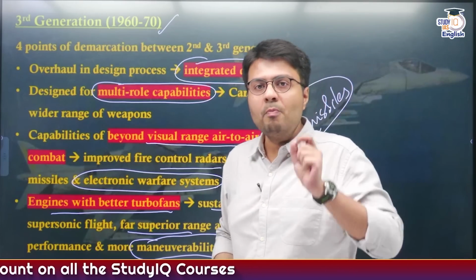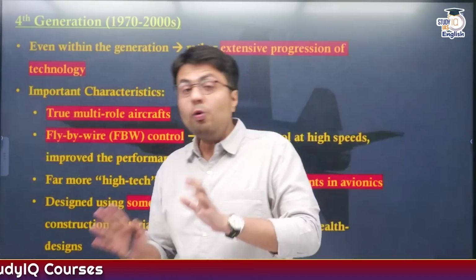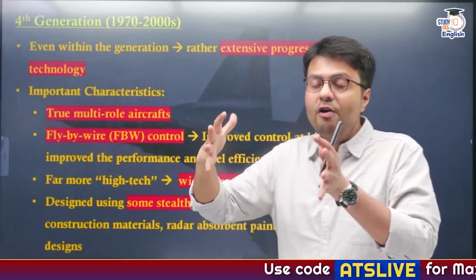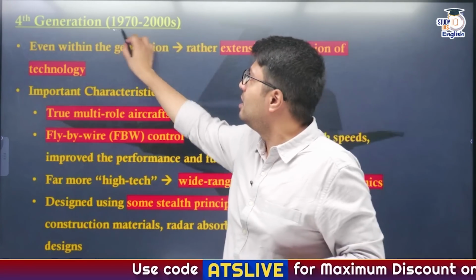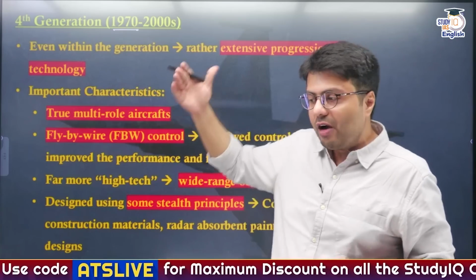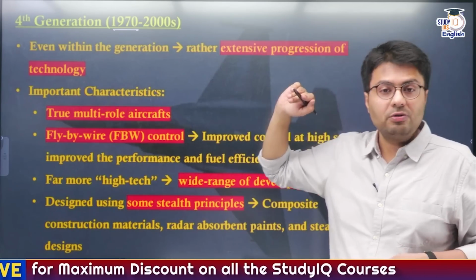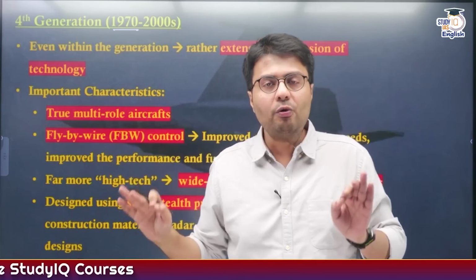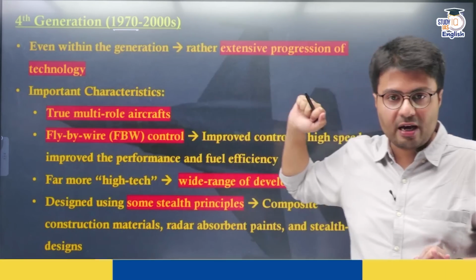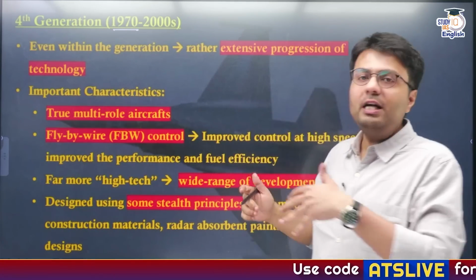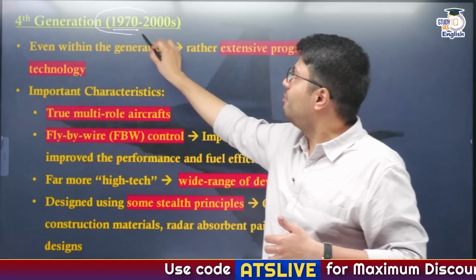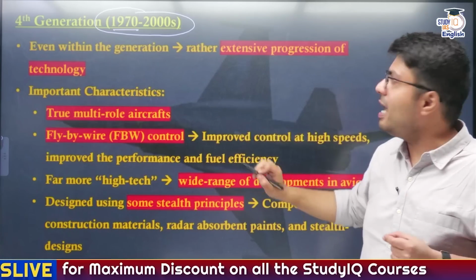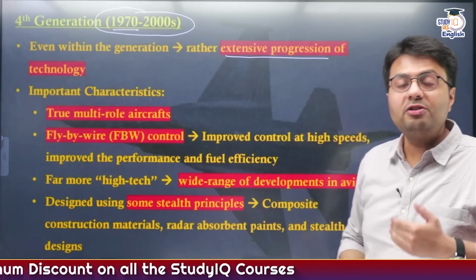Now let us understand the most important generation of aircraft, known as fourth generation aircraft, and this generation of aircraft has existed for many decades now. That is, they started to appear in the 1970s and they have continued even today, that is in the 2000s, right? So even today you'll see most of the fighter jets that are available for different air forces are majorly fourth generation aircraft. Now what you need to understand is that given the time period for which they have existed, it means that even in fourth generation aircraft, there has been extensive progression of technology.